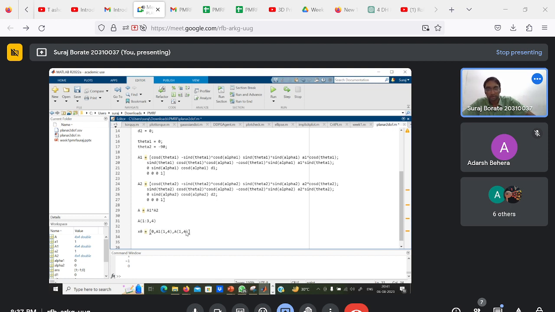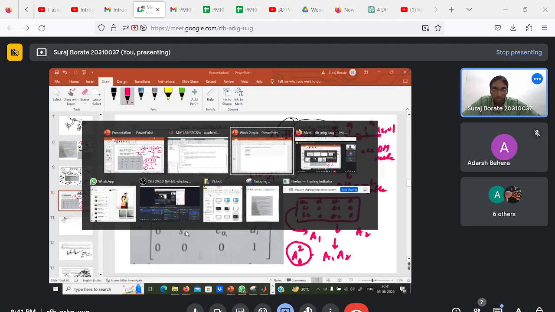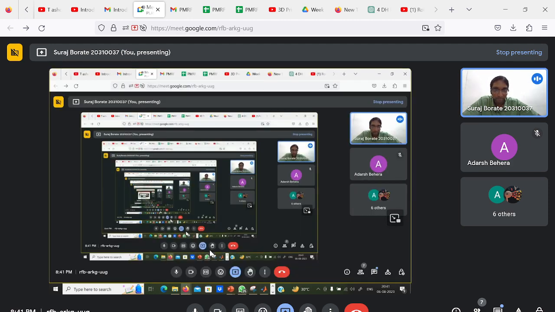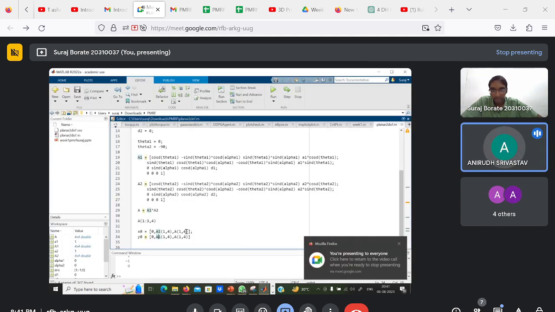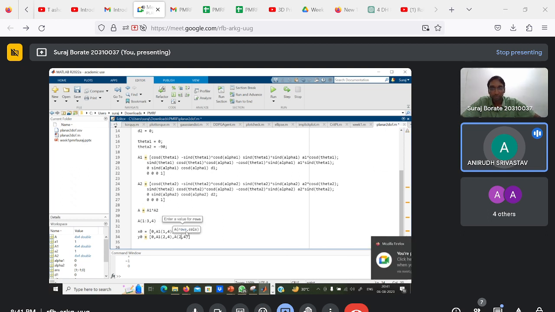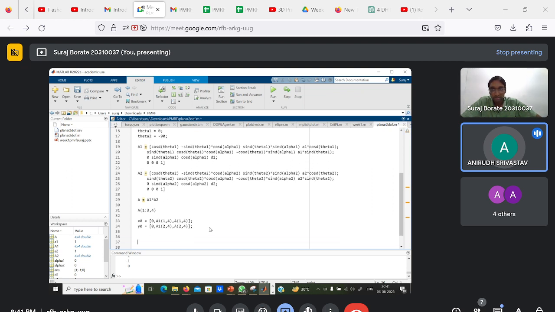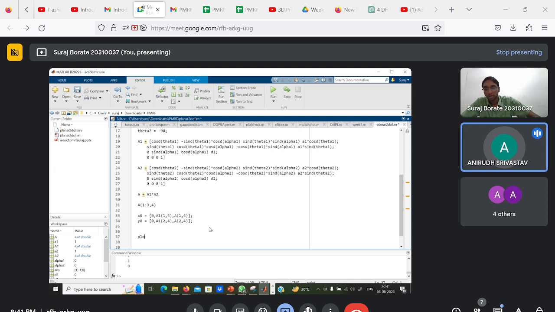Similarly, let's find the y's. Y will be in what row? Second row, right? Instead of 1 I will do 2. Since this is a planar manipulator, I don't really have to worry about z. So I found x and y. Now I just say plot,